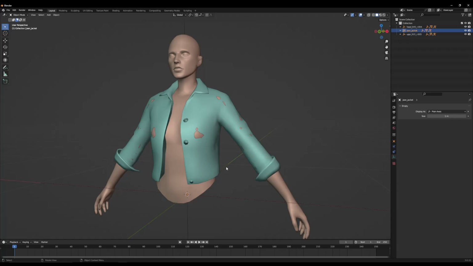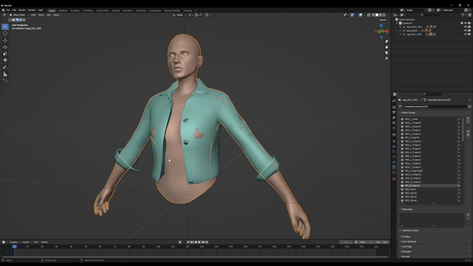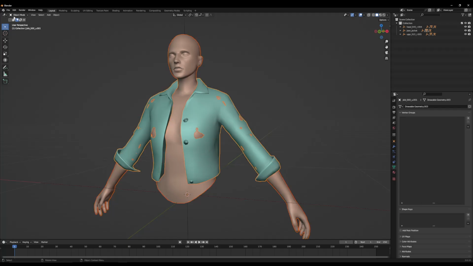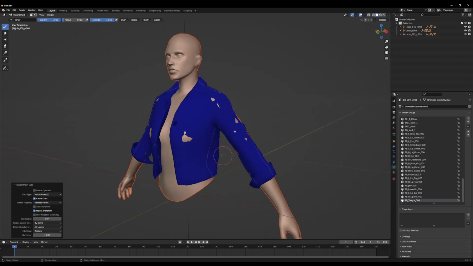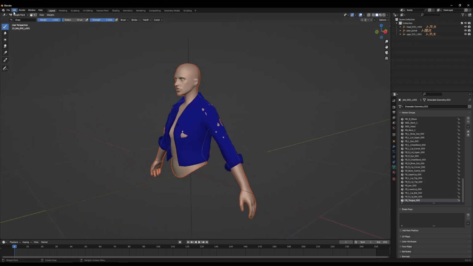The disadvantage of a weight transfer is if you're using the bare torso, or especially if you have something that goes higher up on the neck and you need to include the head, like you see I have here. When you weight transfer, which I can do right now, you'll see that we do get